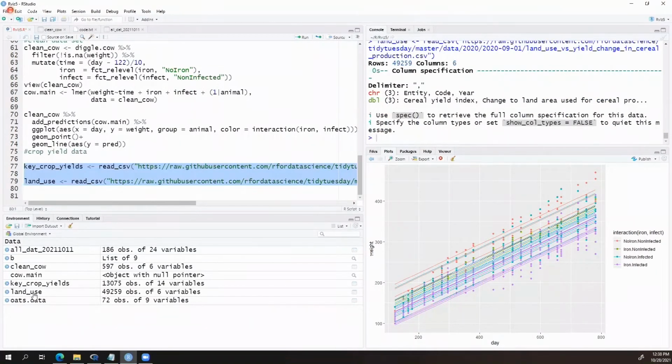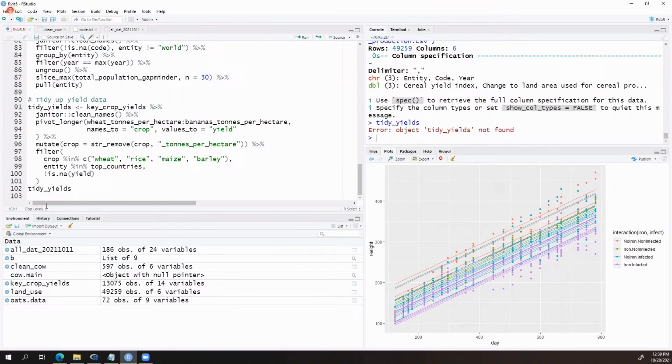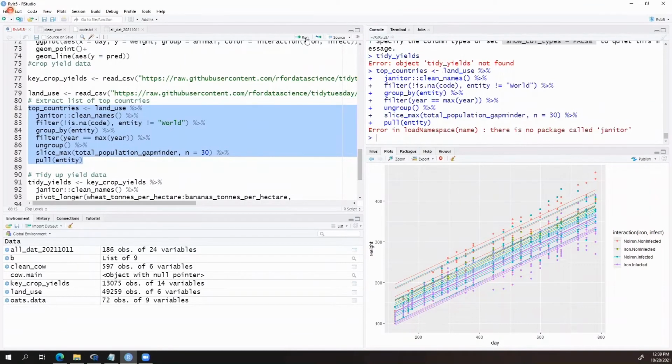Okay, so we have land use and key crop yields in there. And all of the next bit is stuff that, again, Phil did last week, and I think Clark did as well, a bunch of the mutating and rearranging data, so that we could reorganize the data and then clean it.